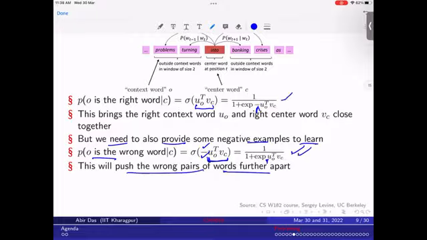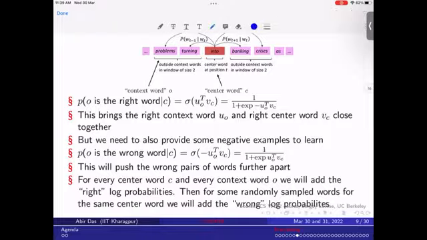So this will push the wrong pairs of words, which are not related, further apart, because remember this O is coming from some random sentence. You may think that the word randomly chosen as O in the second case may be related to C. But since it is a huge corpus, the chance of that being a context word or really related word will be very, very low. And that is the beauty of having these huge corpuses. Even if you have a few noisy examples, it will not matter much.